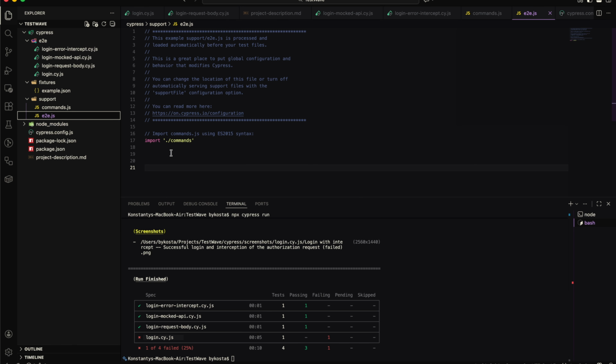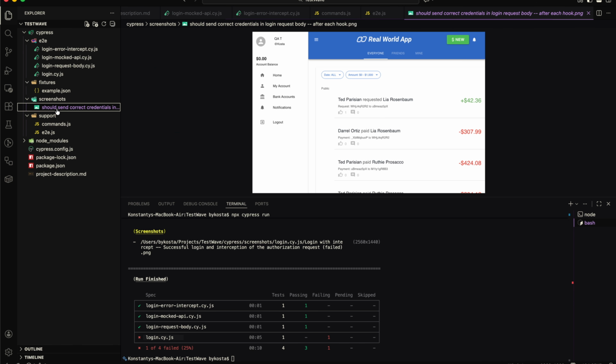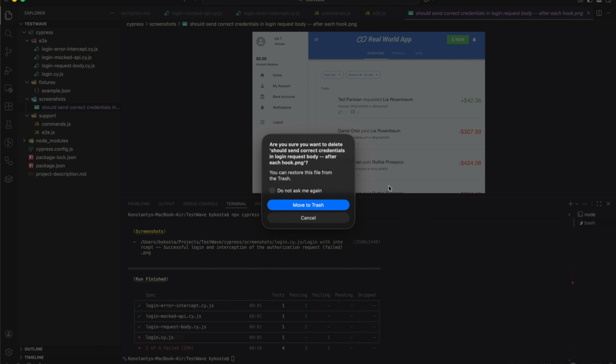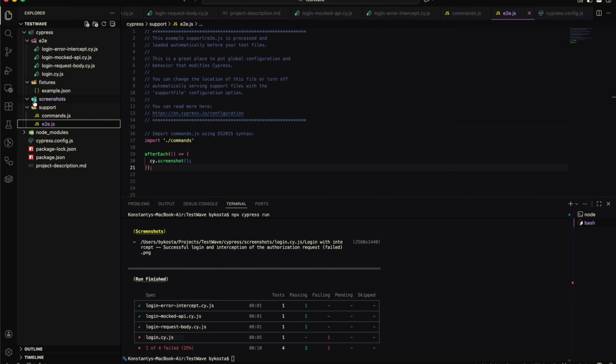Next, I introduce a global afterEach hook. With this hook, a screenshot is automatically taken after every test, no matter if the test passed or failed. This approach is extremely convenient for local debugging and learning purposes, because it provides a visual record of the UI after each test. You can immediately see how the interface behaved, which makes it easier to understand why a test